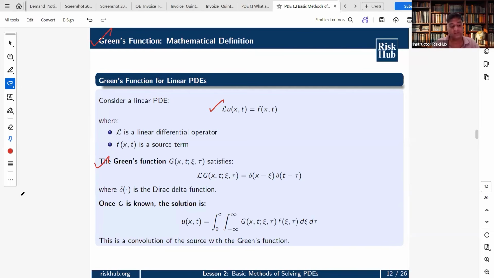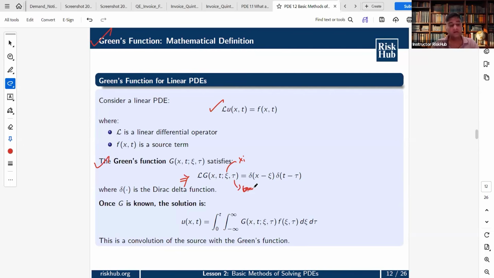There are different symbols here, right? So basically, if you look at this equation, what is happening here? L applied to G of x, t, z. This is pronounced as zeta, z. And tau. This is pronounced as tau. Equals delta of x minus z times delta of t minus tau. Here z